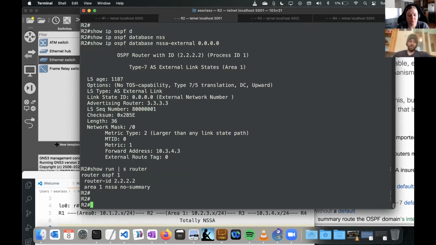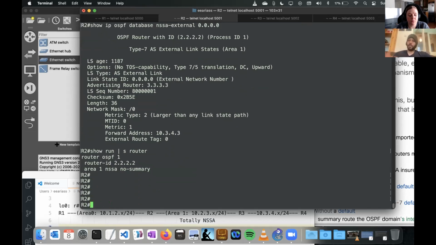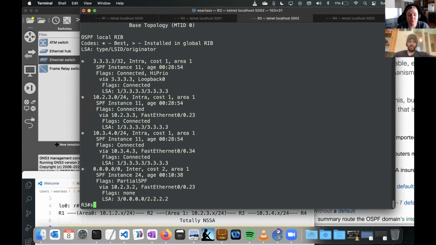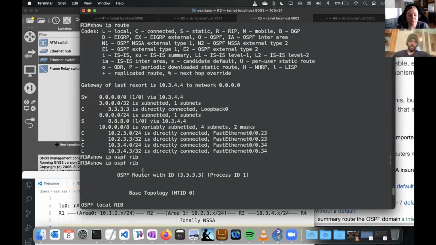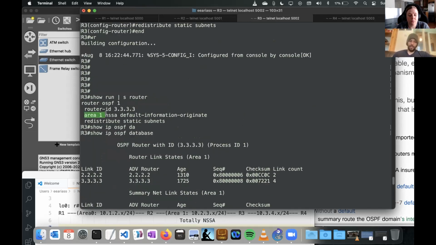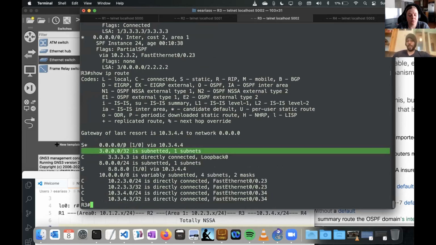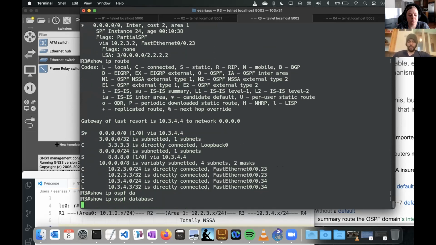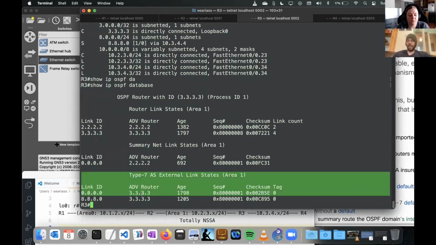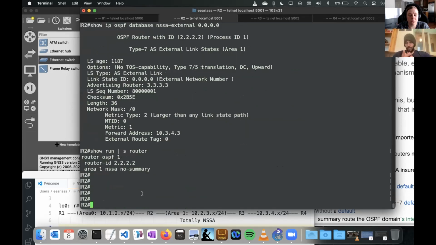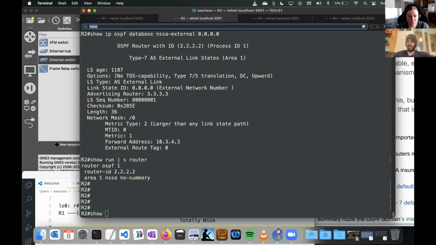And the mechanism, as I mentioned, and excuse me, so R3 is also advertising a default route on its own. As you see in the configuration, it basically has area 1 NSSA default-information-originate, and it also has a default route statically configured. This means that if I check the advertisement locally, it has a default route as an LSA type 7 being flooded into the area. Router 2, as mentioned, cannot translate this LSA. And what it does is it flags the LSA as untranslatable,